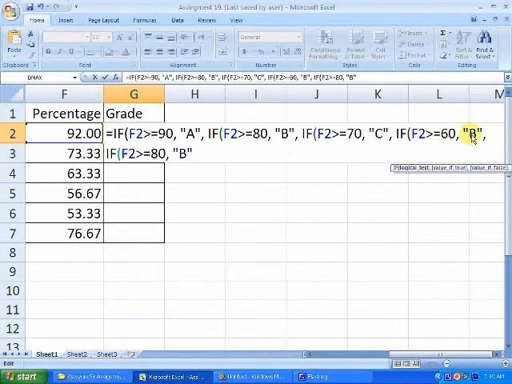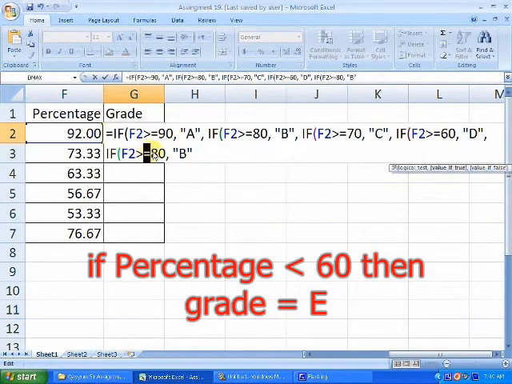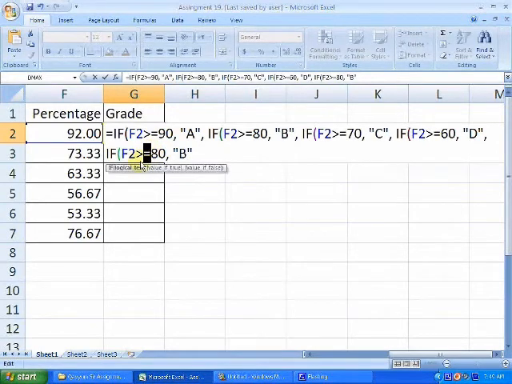If it is above, the grade will be D. And then if F2 or the percentage is less than, let me remove this equal to, and I will reverse this to make it smaller than 60. It means less than 60, the grade will be E.